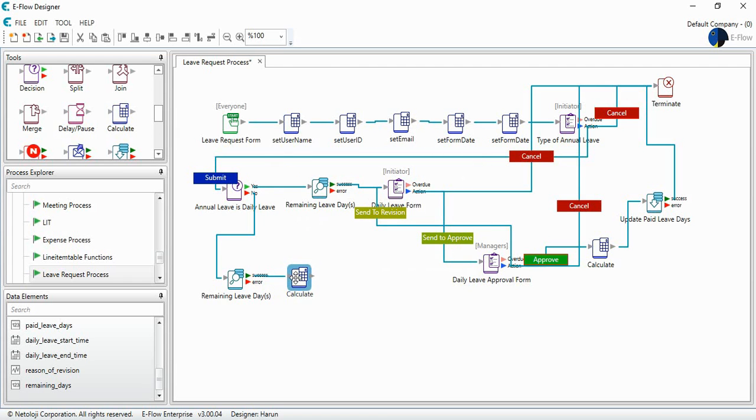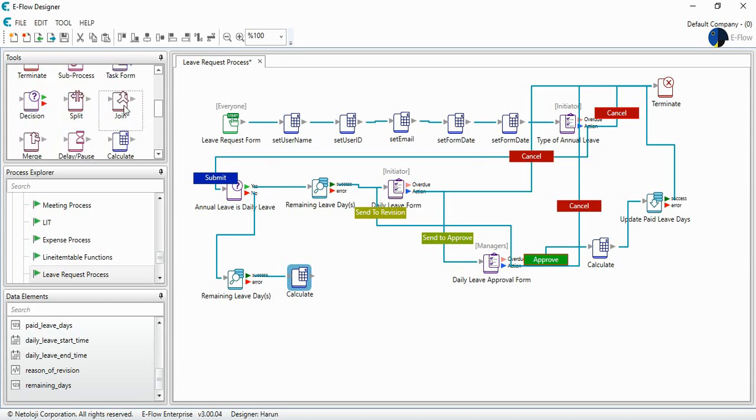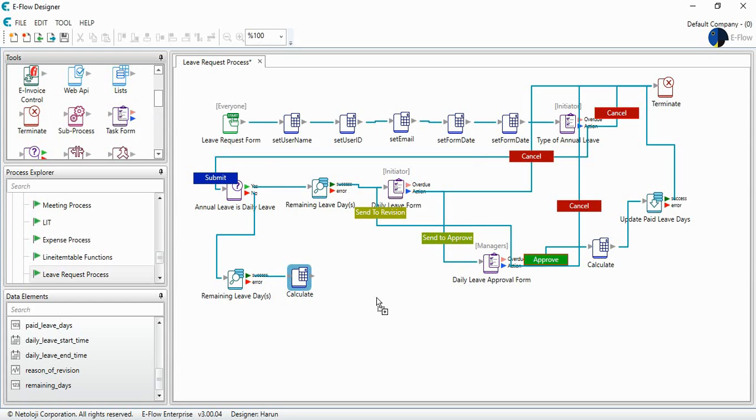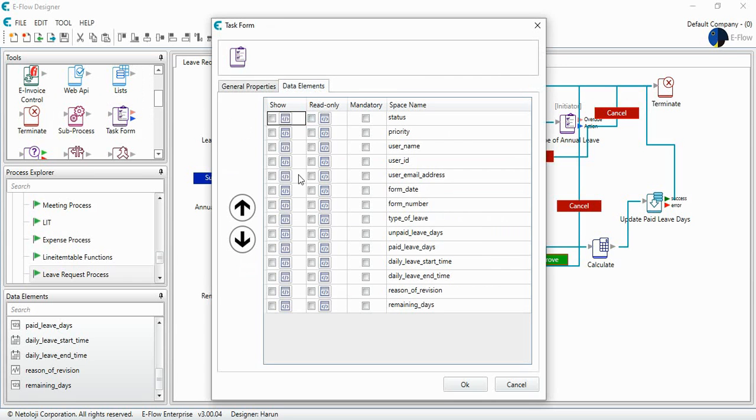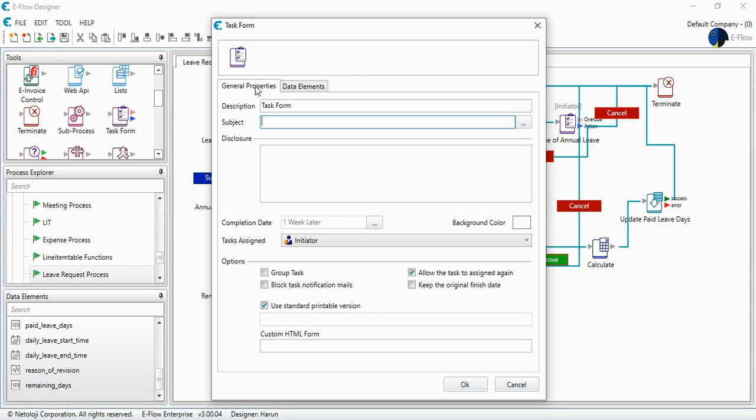Okay, then another task form I'm gonna get, and to this task form I will select first, I will show the status and username, maybe form number, after that form date, paid leave days, unpaid leave days,